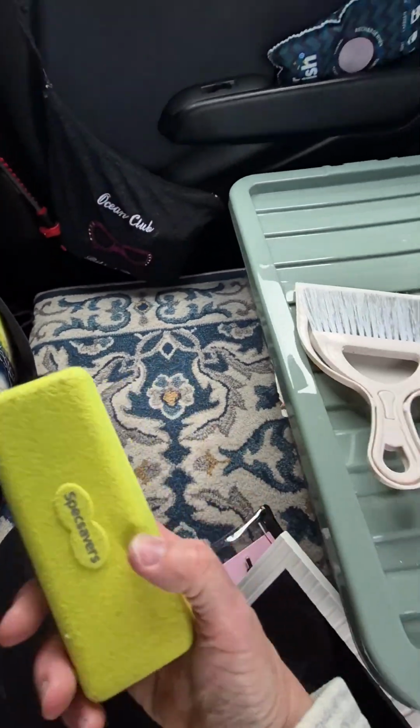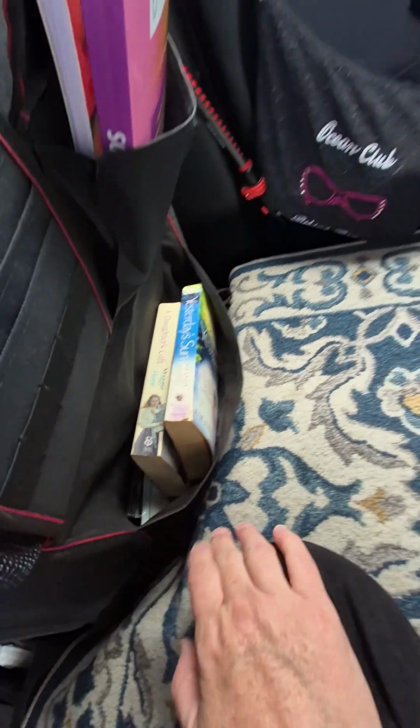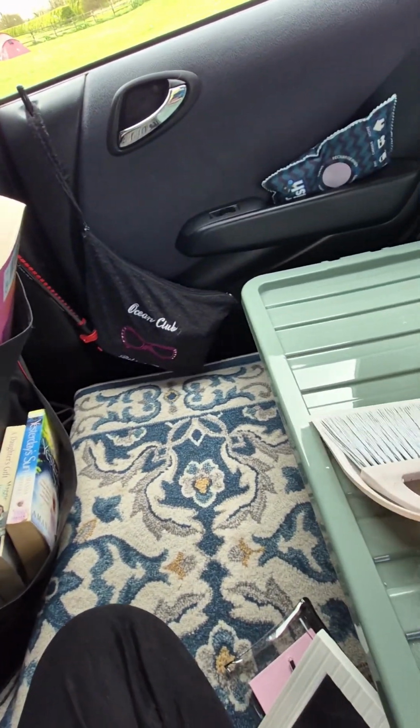And glasses case when I put them away. Oh, a spare puck light, but to be honest it's a bit crap. I think it's a sensor one and it keeps going off and on. Books I showed you yesterday, some reading books which I haven't had time to do. And isn't this the cutest